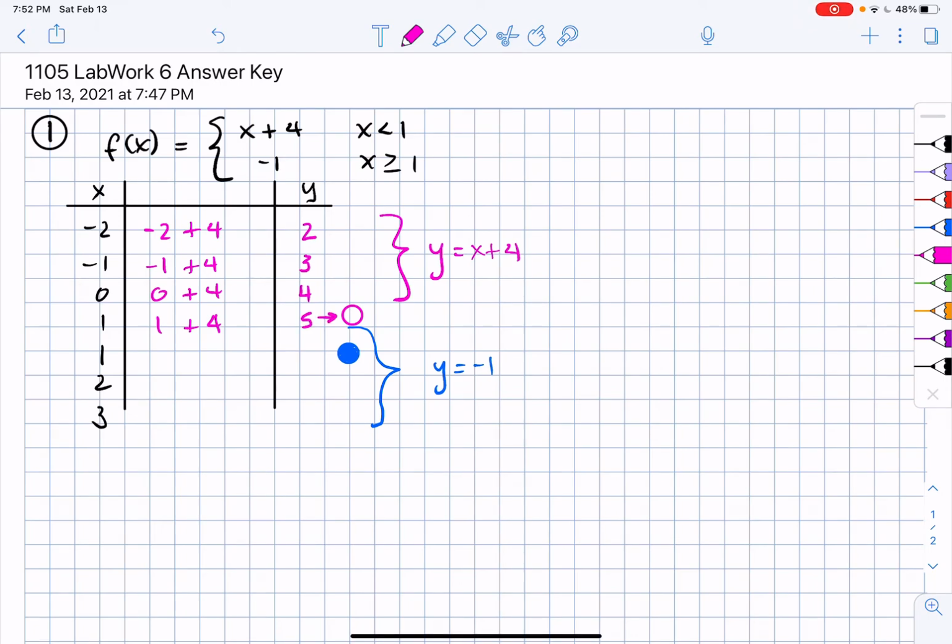Okay? And then once I switch over to the real 1, when x equals 1, I'm actually going to use the equation y equals negative 1. So, negative 1. Well, at 2, y is still equal to negative 1, so negative 1. And at 3, y is equal to negative 1, so it's going to be negative 1. So, this is actually a horizontal line, because y equals negative 1 is a horizontal line. So if I was to graph this,